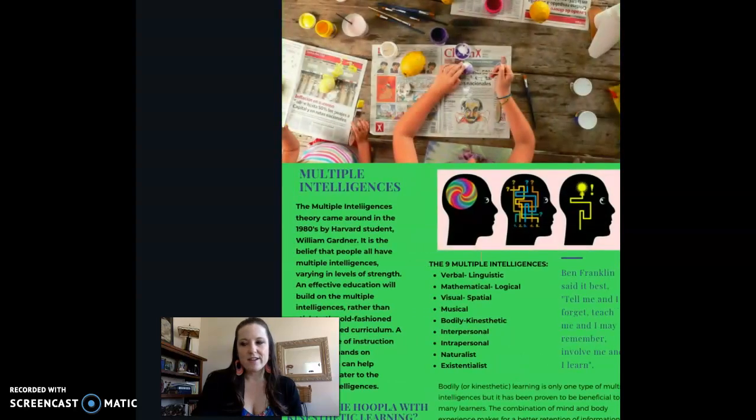The other theory that I wanted to discuss is multiple intelligences, which is something that came about in the 1980s with William Gardner. He was a Harvard student, and I believe he taught at Harvard later. He believed in the fact that we all